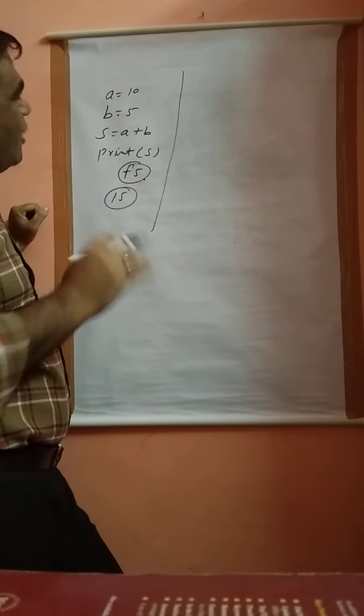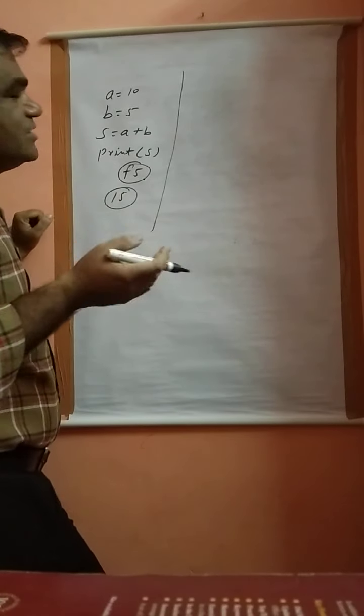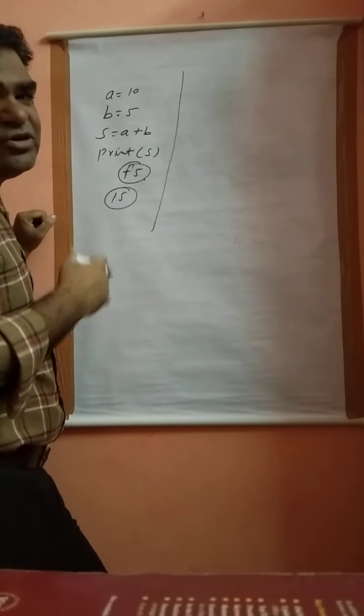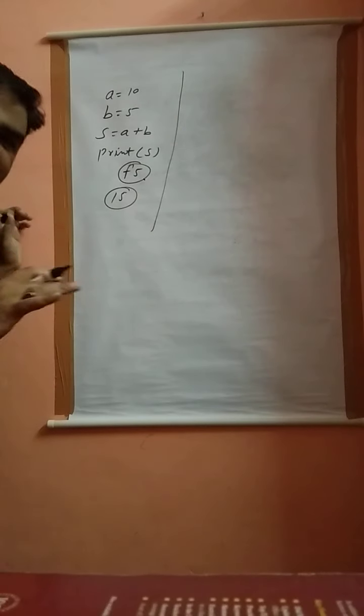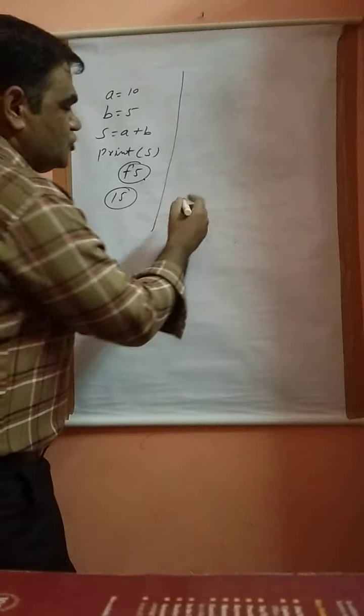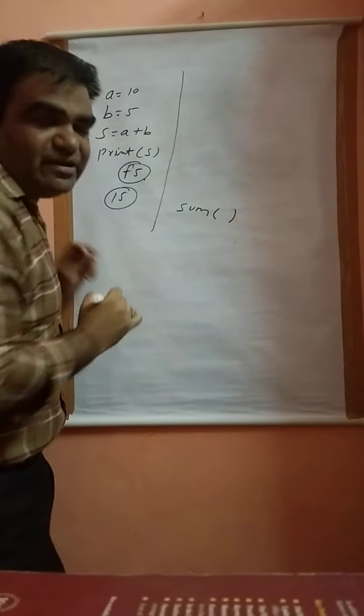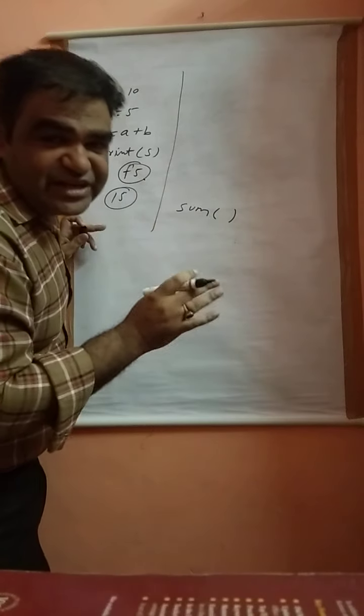Now the question is how we convert this particular program into functions. How do we make this program with the help of functions? So first we declare the function name. I just take any name. I will take sum, with curly braces on and off, and after that we declare the function